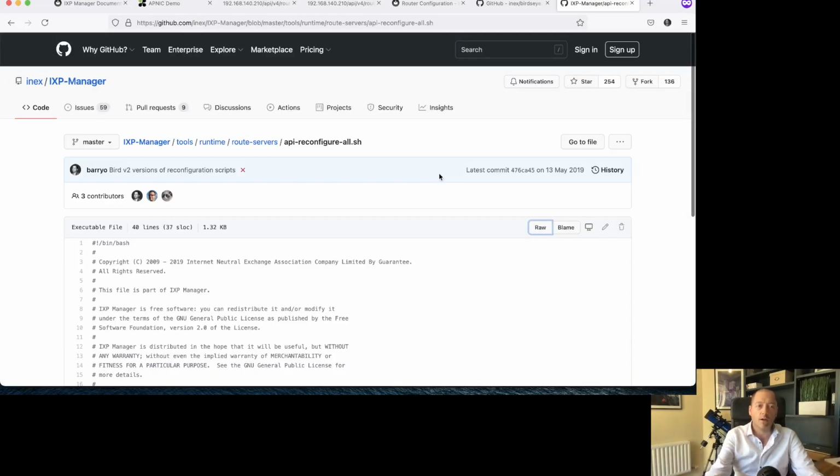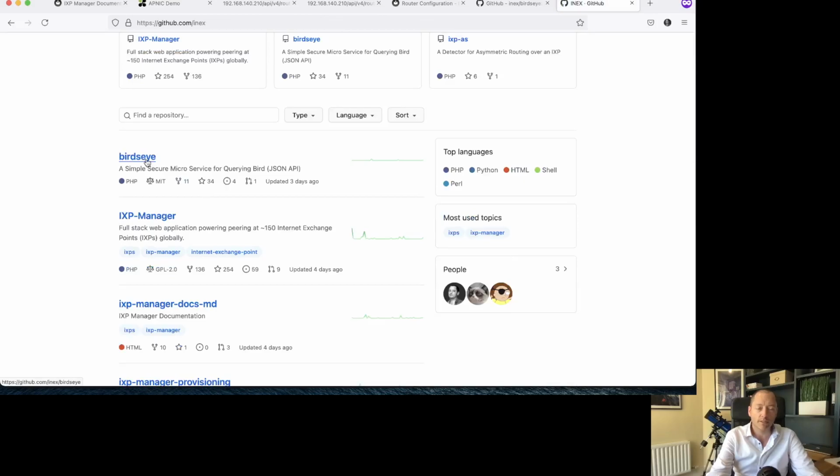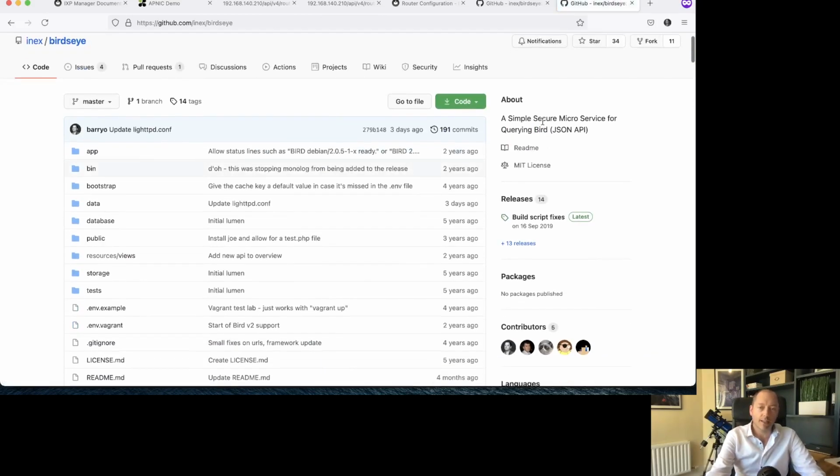what I did at a hackathon once upon a time was built this thing called Birdseye. Birdseye is a simple, secure microservice for querying Bird. The point of Birdseye was to allow us to query a Bird instance over HTTP and get the data back as JSON. My hope for this package, even though it's been around for quite a while now, maybe 5+ years,